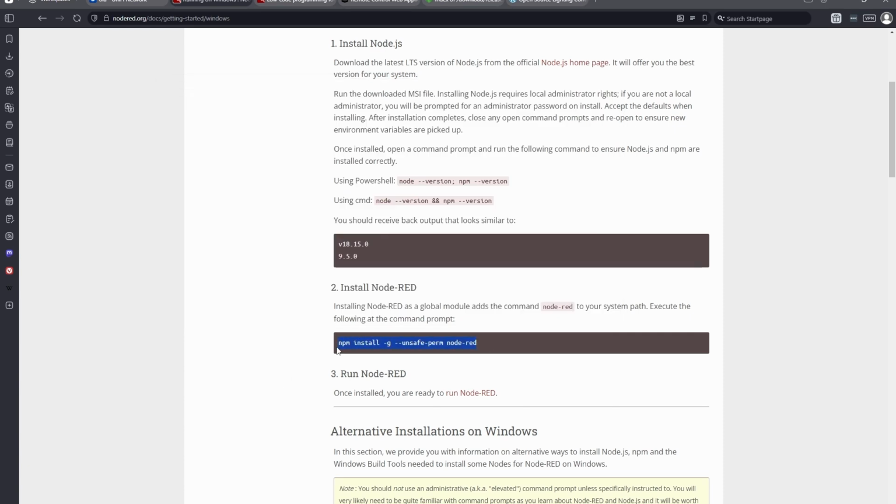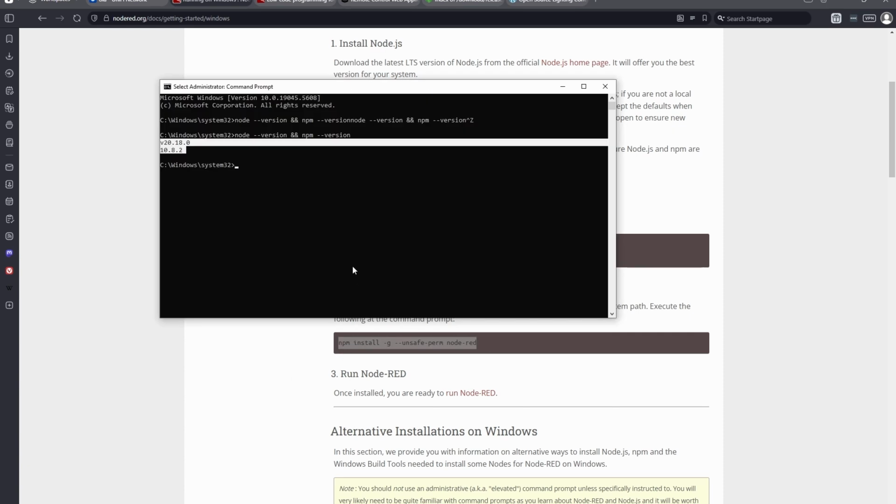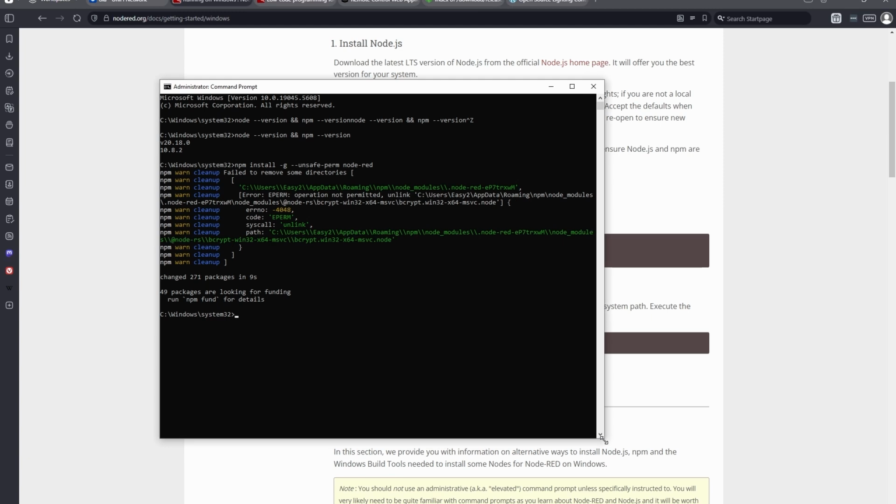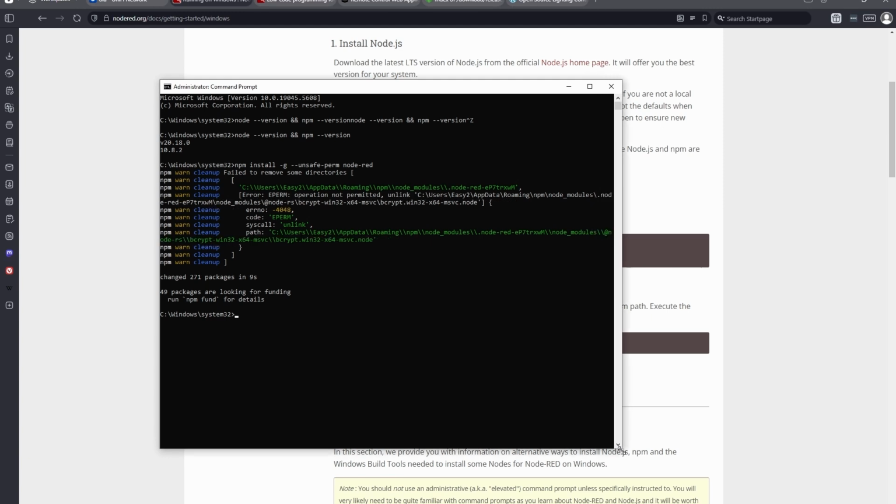Then to install Node-RED, I have to paste this command. It will take a couple of seconds. I know that it's already installed. I just tried it out some time ago on my machine, and you should have similar messages. This kind of 49 packages are looking for funding, run npm fund for details. Anyway, to actually check if it's working, we need to type the next command,